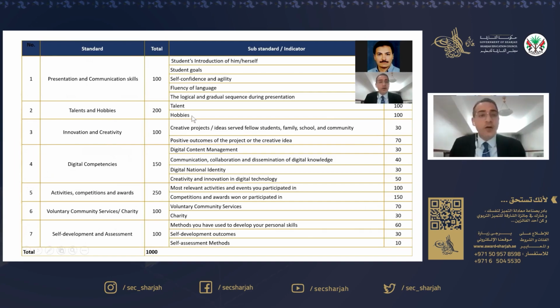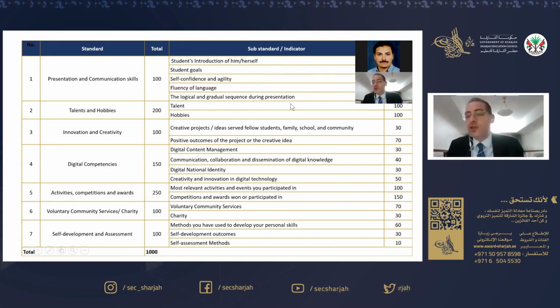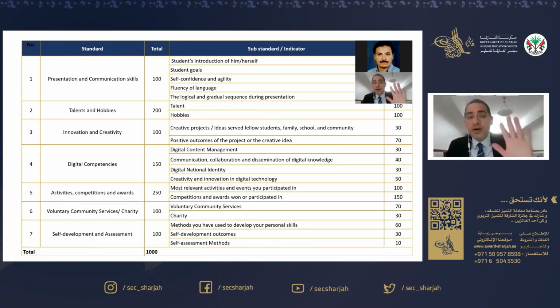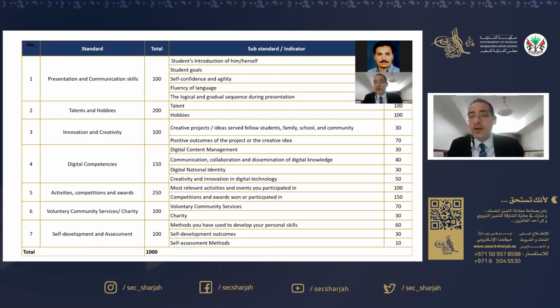The question is, how many indicators are there under this standard? We have 1, 2, 3, 4, 5. Student's introduction of himself, student's goal, self-confidence and agility, fluency of language, the logical and gradual sequence during presentation. So these 5 indicators go under standard number 1.